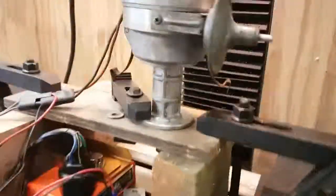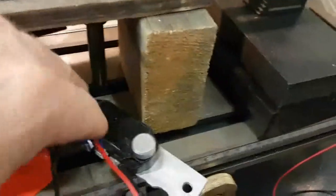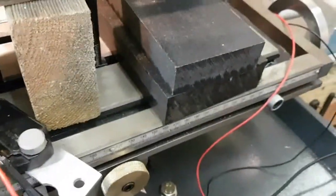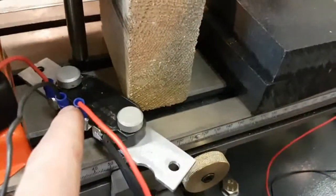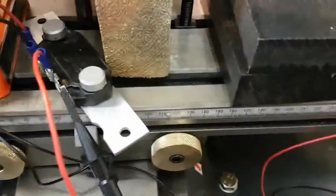They're both being fed. So what I've done is I have the distributor being spun here as before, come down here, and I've run this unit here down to this, but I've also picked off out of there and run those two to this one, and then I've got 12 volt feed onto this, and there's 12 volts being fed from here up through the blue wire into this module,